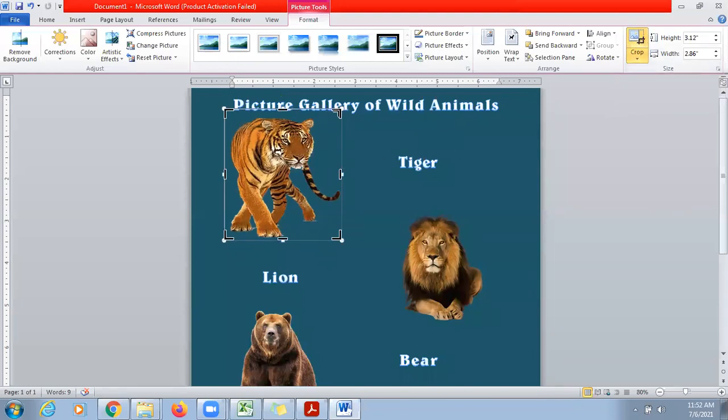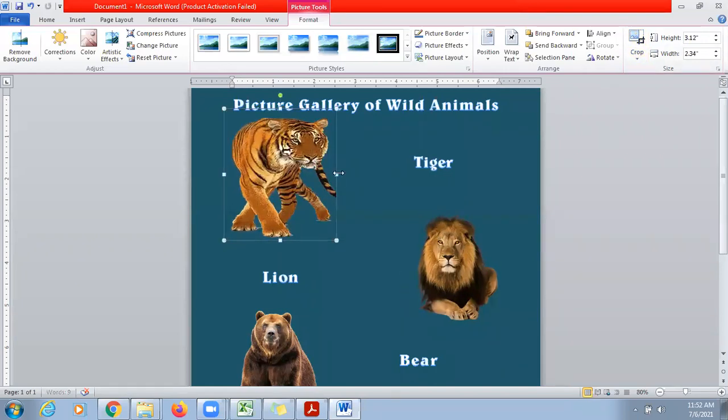Now these black pointers will come around your picture. You can decrease the size as much as you want to cut. If you want to cut the tail this much, you can do the changes like this, and then click on crop button again. Right, like this you can crop an image.